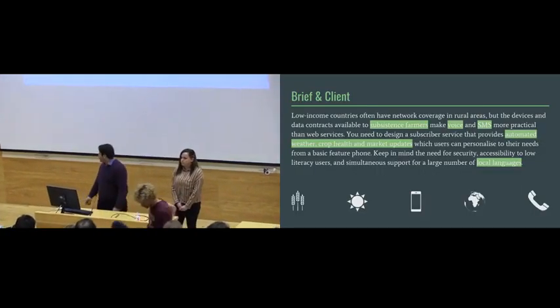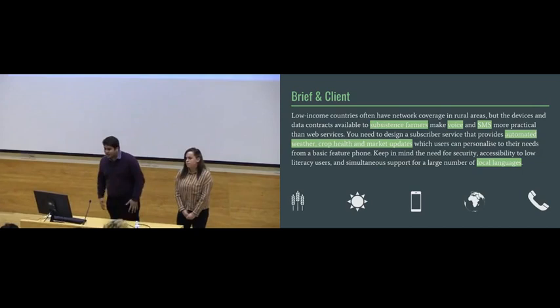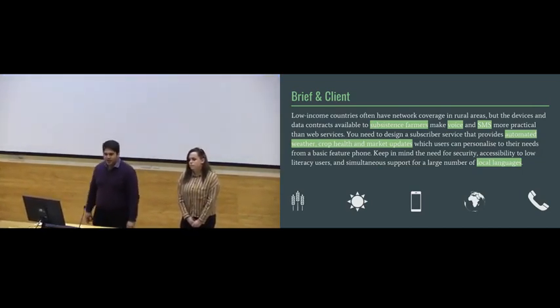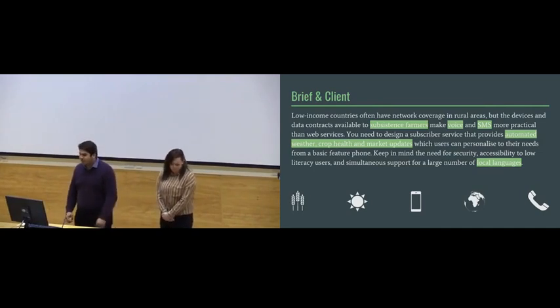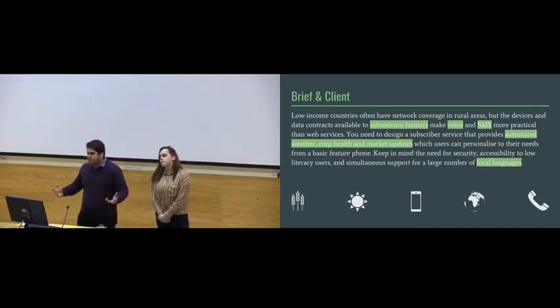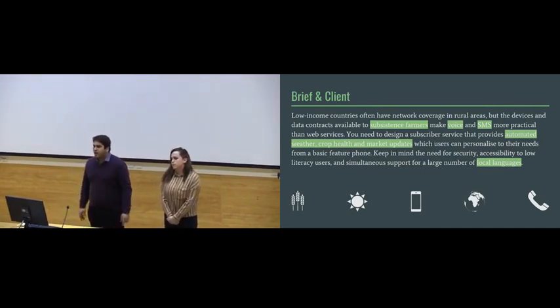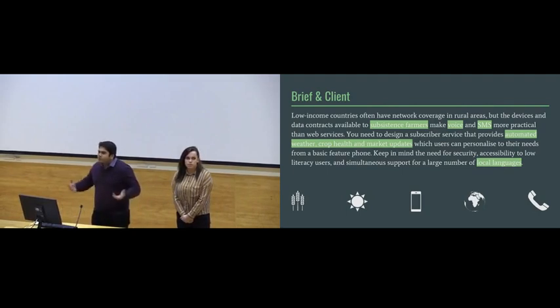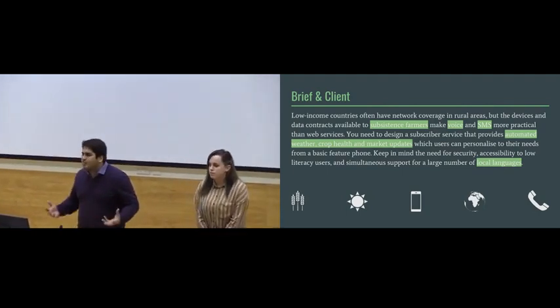So this is pretty much the brief we were given, and I'd like to talk about a few parts of it. The first is, who's the product for? Our client was an NGO, but really the product is for subsistence farmers. So who are subsistence farmers? Subsistence farmers are farmers who harvest almost entirely for food for their own families. They're a group who are more and more today getting access to mobile phones, but not necessarily the internet.